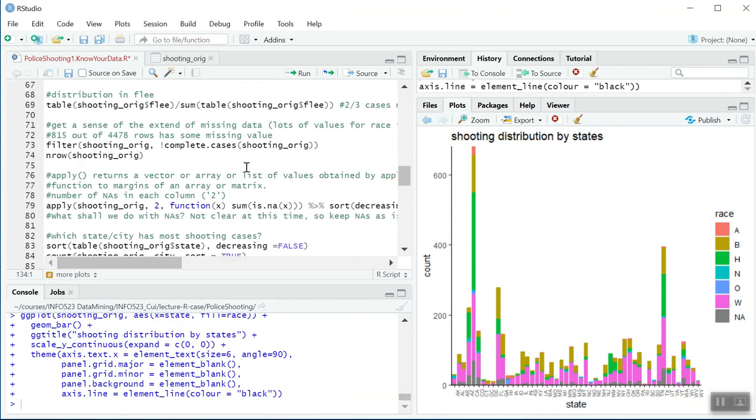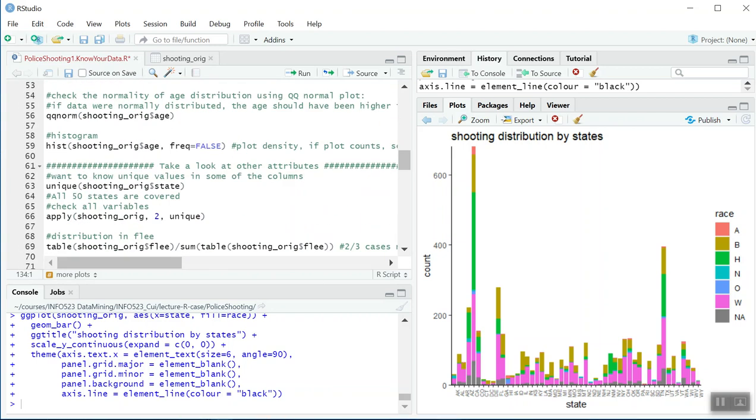Next class, we're going to continue working on the police shooting data and see what else we can do to prepare our data for our future data mining practices. Okay, I'm going to